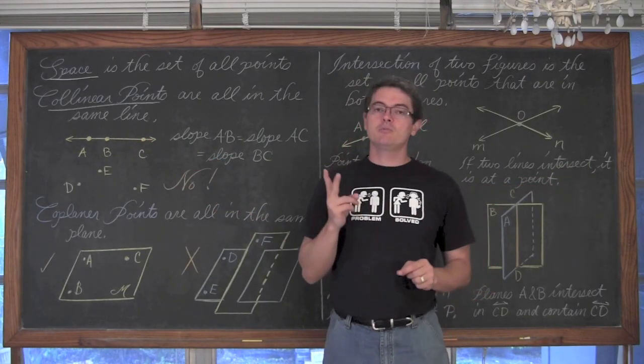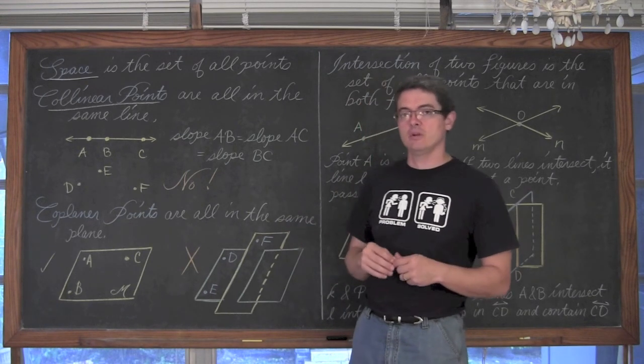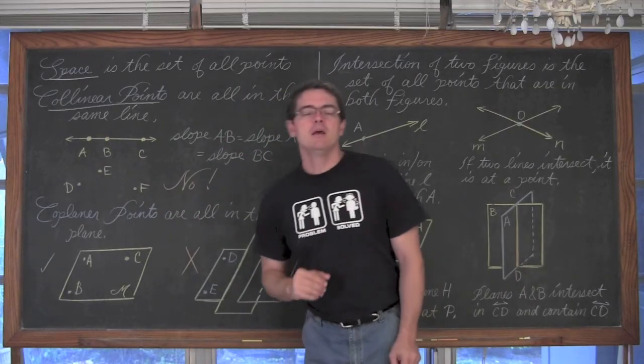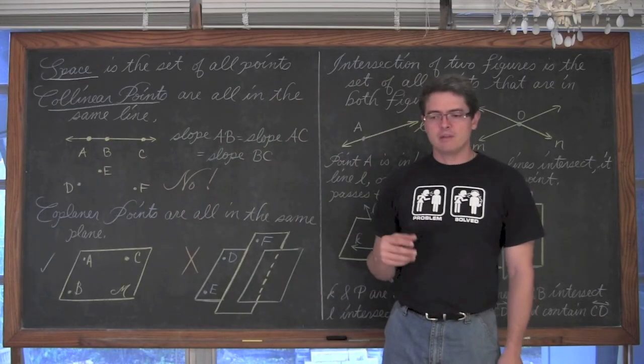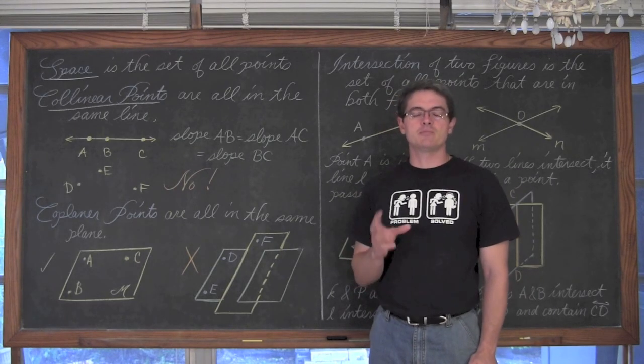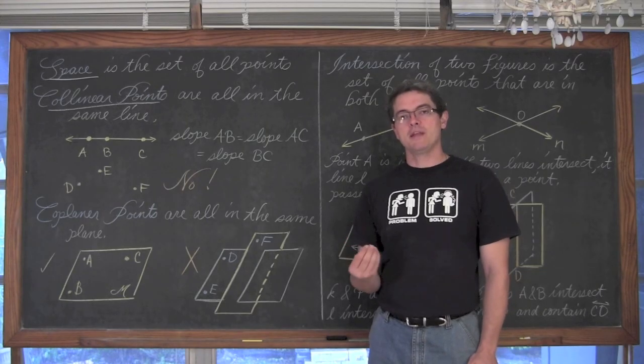Now it only takes 2 points to define a line because it does not change direction, and therefore it's straight. If I have 3 points that are sharing a line, there are a lot of theorems that we're going to learn in geometry, or a handful of them anyway, to show that a collection of points are collinear.